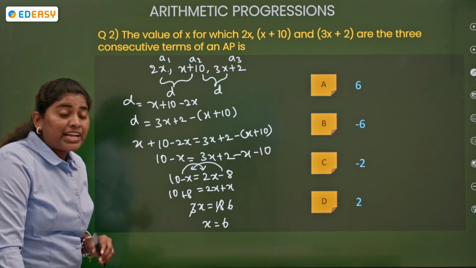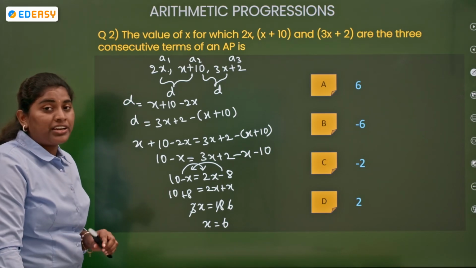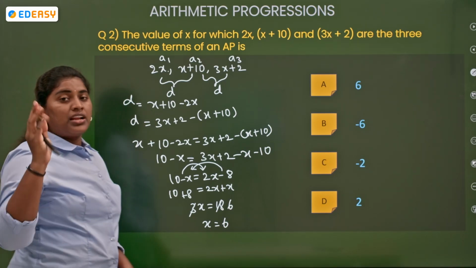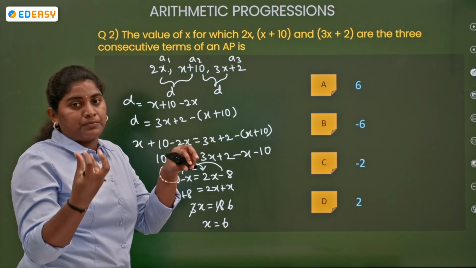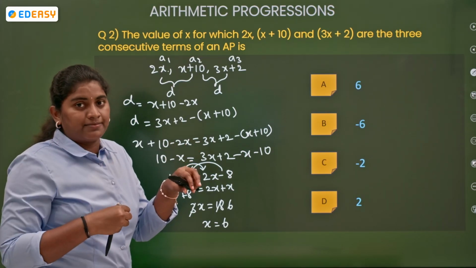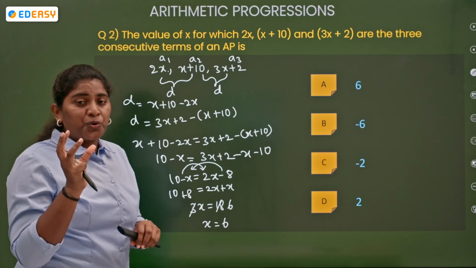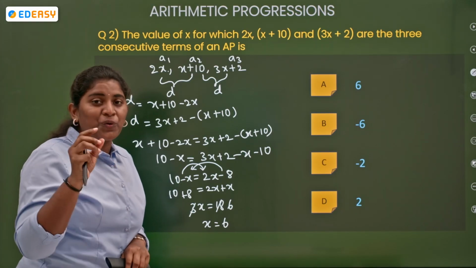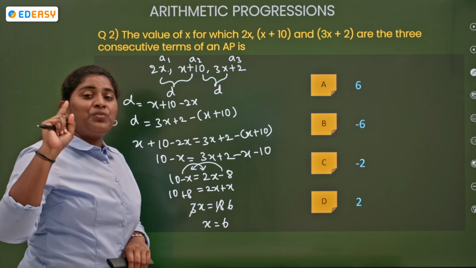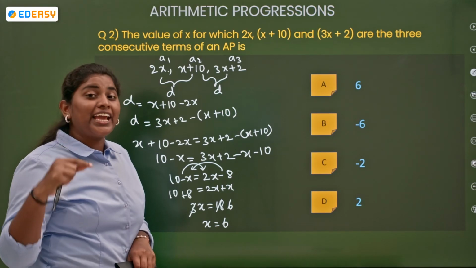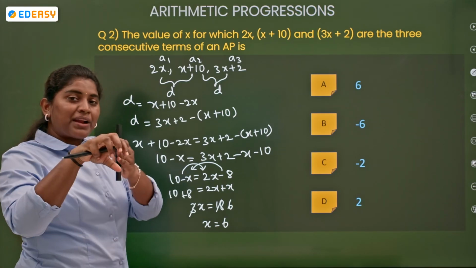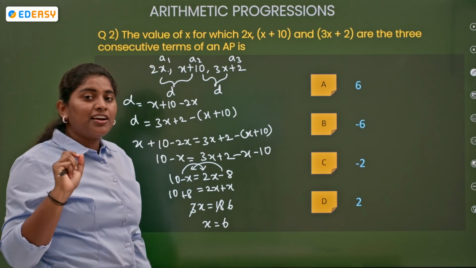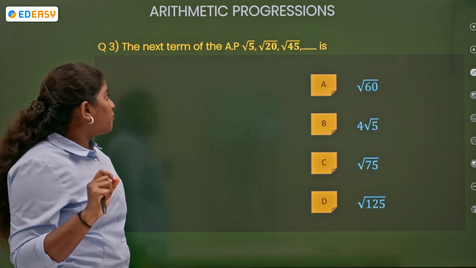Clear? So for that reason, we need to take the common difference as the difference between the terms, like we need to subtract the previous term from our term, whatever term you are considering. Understood? So don't take the common difference formula as only a2 minus a1. You will get the common difference by taking a3 minus a2 also. From the term you need to subtract the previous term, so you will get the common difference.